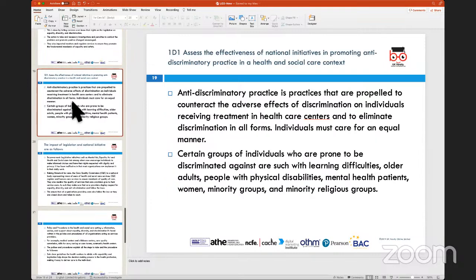Right. One last bit which we want to quickly look at in terms of the distinction criteria is how the government promotes this as an agenda at the national level. So when we talk about the government promoting this advice related to equality, diversity, and anti-discrimination at the national level through national initiatives, what we are essentially looking at is the government